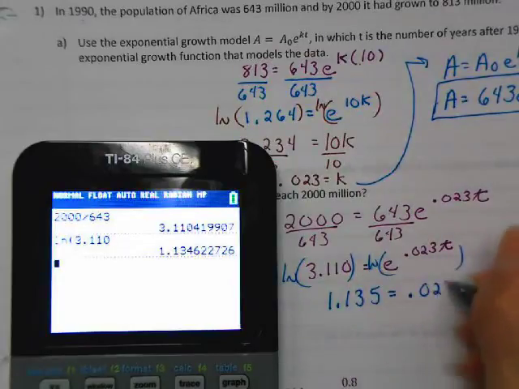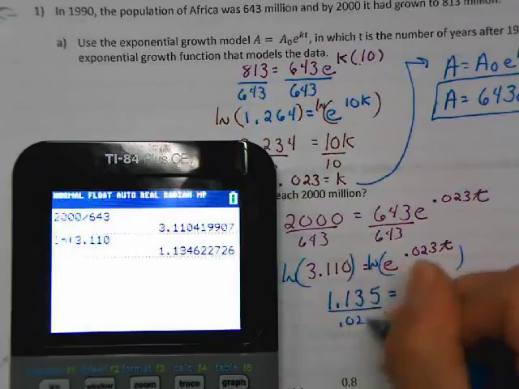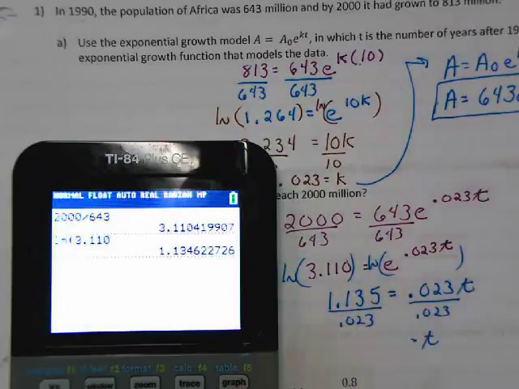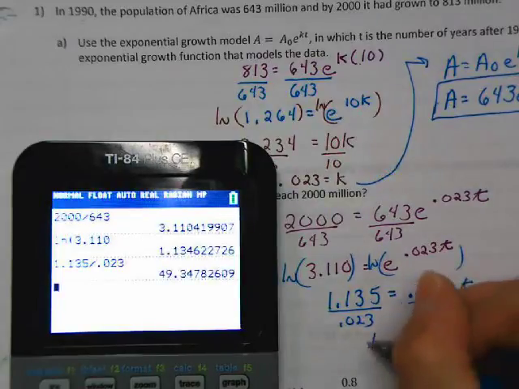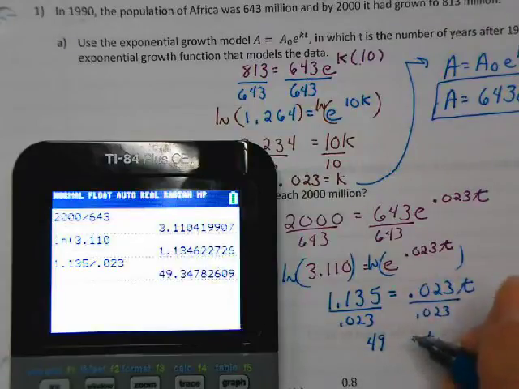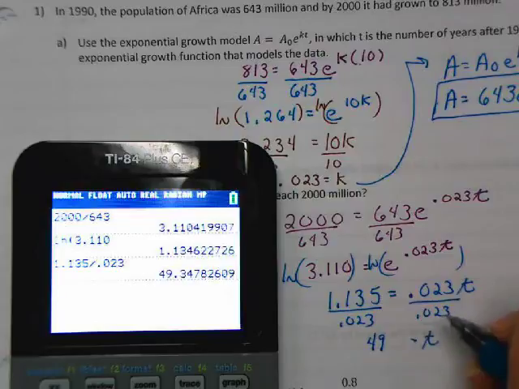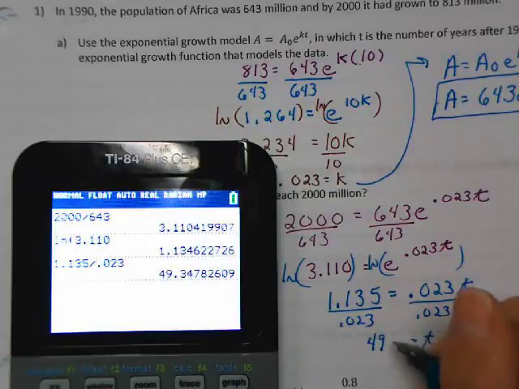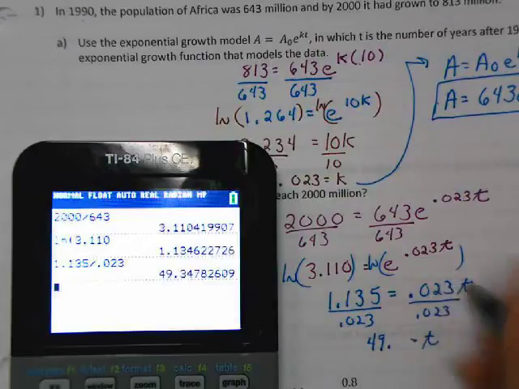Now to get t by itself, I just divide. So 1.135 divided by 0.023, and I get 49. Now that's odd, I got something different this time. Oh, I see what I did. Okay, never mind. Sorry, I was looking at the notes that I did before I started the video. I had written down the wrong number. So we're good. You get